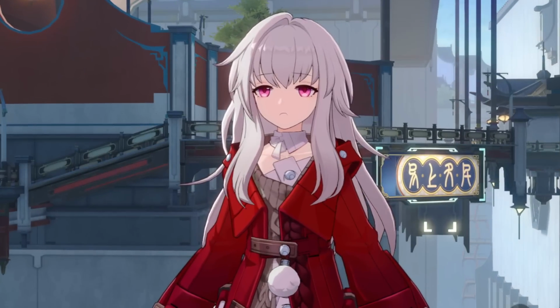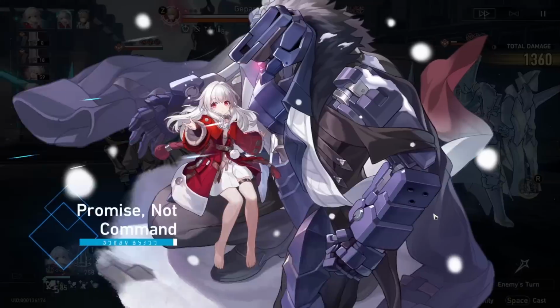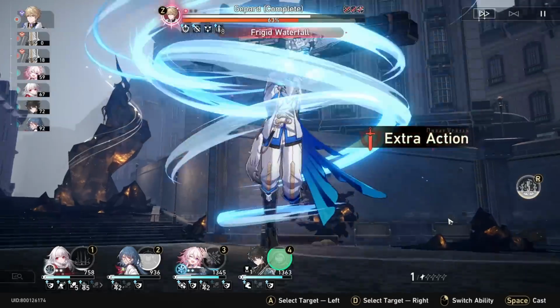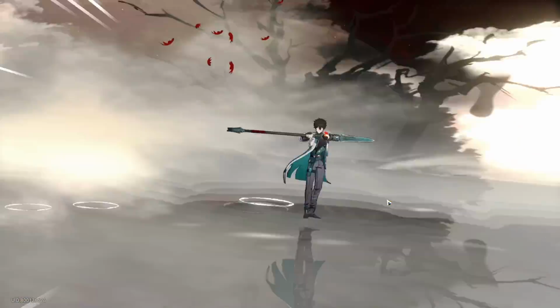Today we're talking about Clara, how taunts work, her best relic, light cone, and how you want to build a team around her. Before we get into the nitty-gritty of Clara, first we need to talk about Clara's skills and talent. First we have to talk about her talent because her talent is the most important kit that she has